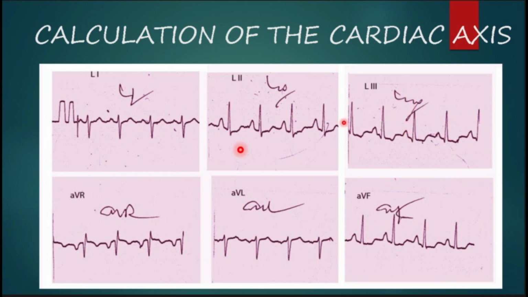So, in this case, there is a reach-in pattern of vectors in lead 1 and lead 3 together with positive polarity in lead 2. That means the diagnosis is right axis deviation. In addition to that, in this ECG, you can see prominent P waves, P pulmonale. Actually, this patient had pulmonary hypertension. That's why he has P pulmonale with right axis deviation.